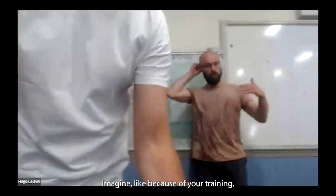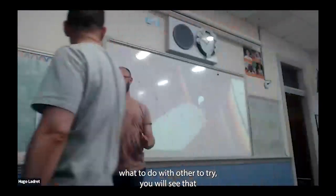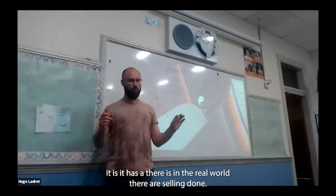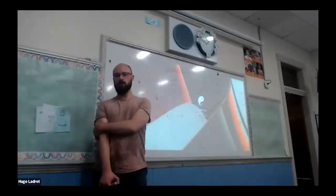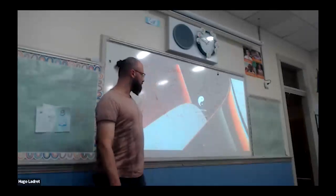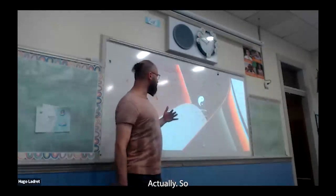Imagine that if you would average 5 billion images, you will see that in the real world, the pixel intensities or the color intensities must be a Gaussian distribution? Yes. Well, they're more like uniform. Yeah. So it is a bit, I mean,